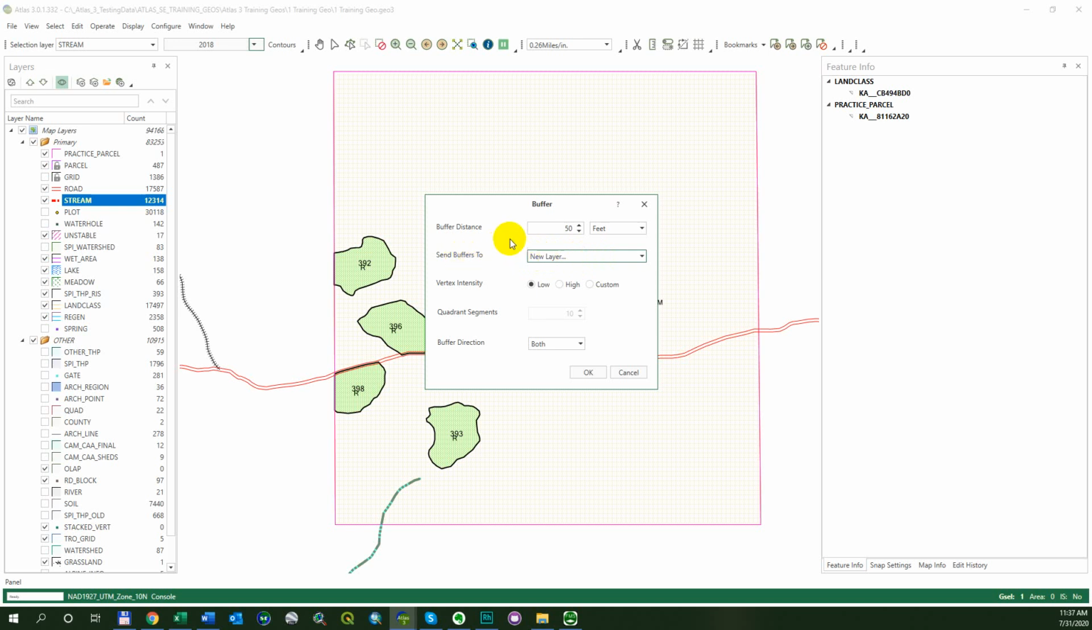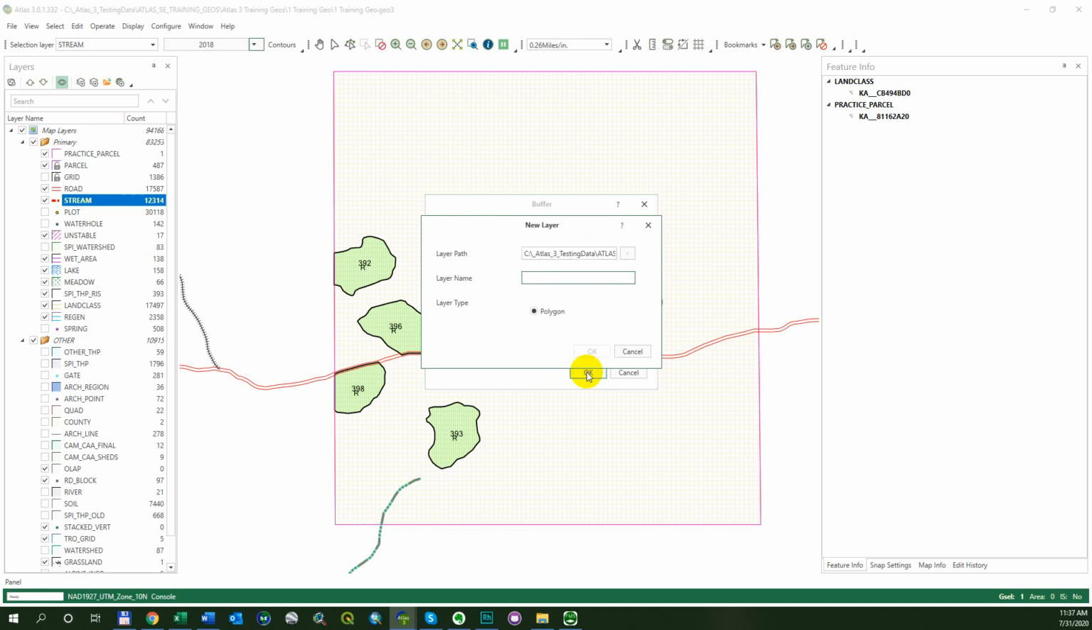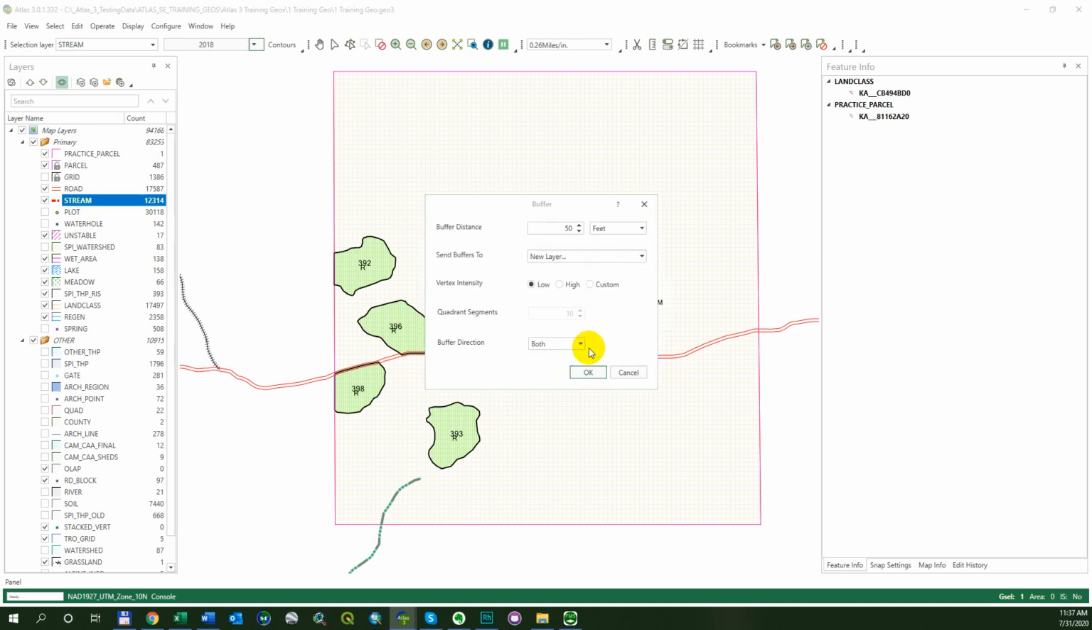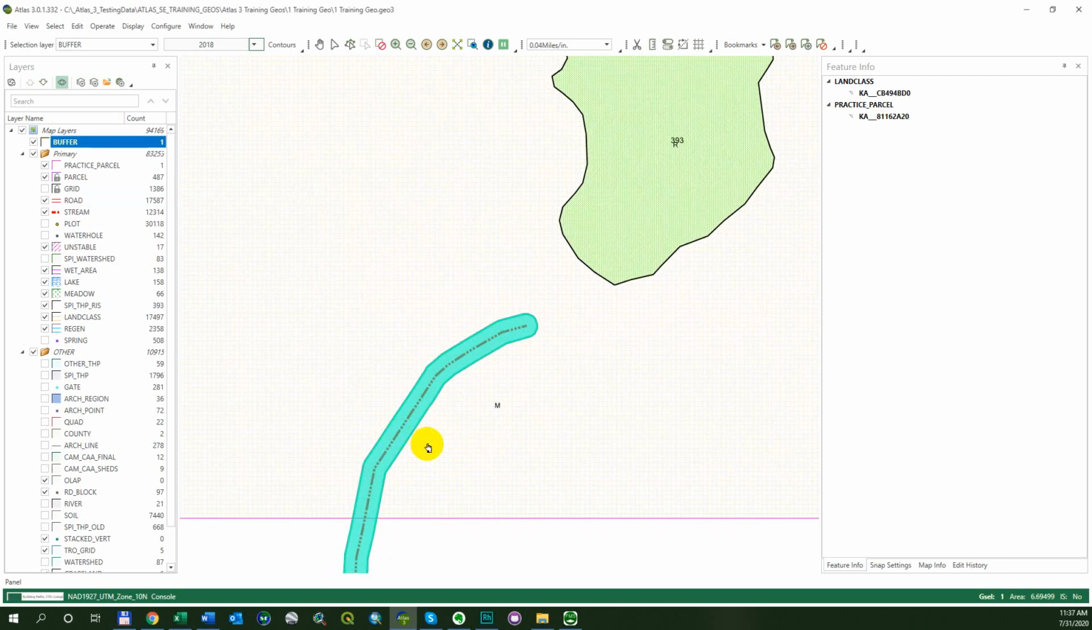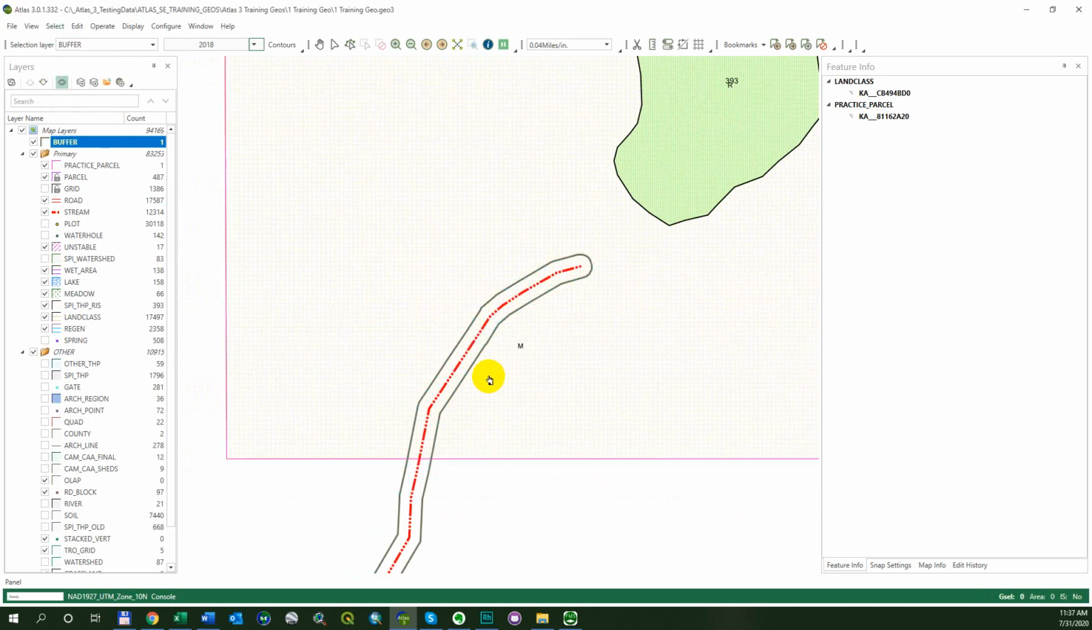So first you set the distance, then you tell it where you want to set that, because what we're doing is making a new layer based on a distance from this stream. And we're going to leave this on low vertex intensity, and we're going to buffer on both sides. So I can show more options there soon, but let's just go with pretty much the standard options. We'll send it to a layer name buffer, click OK. Okay, so here is our 50-foot buffer,